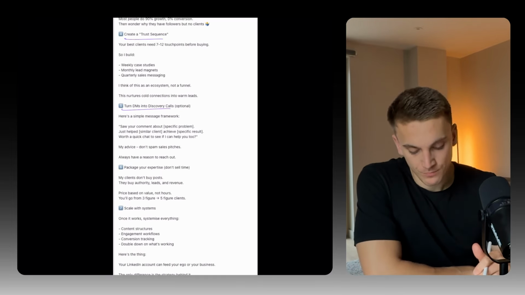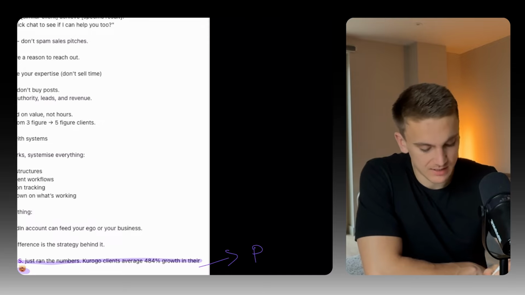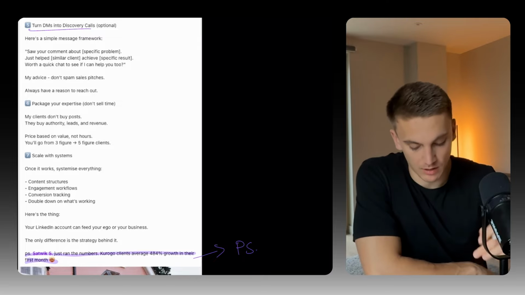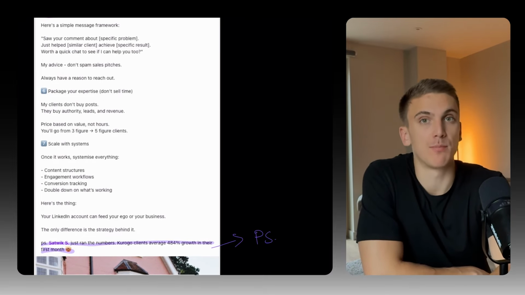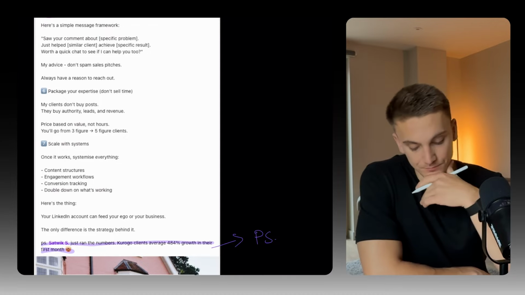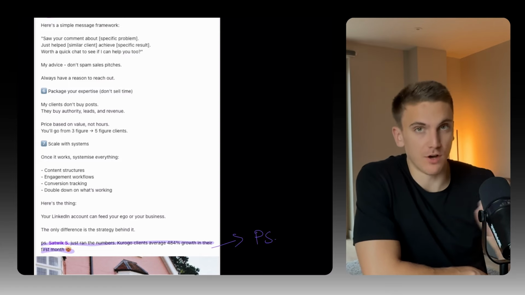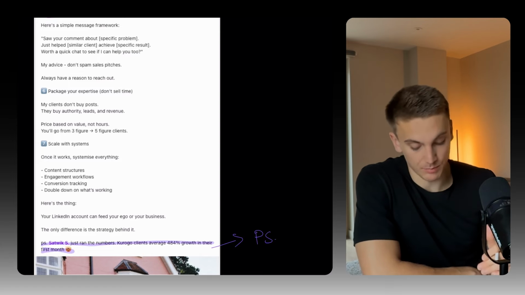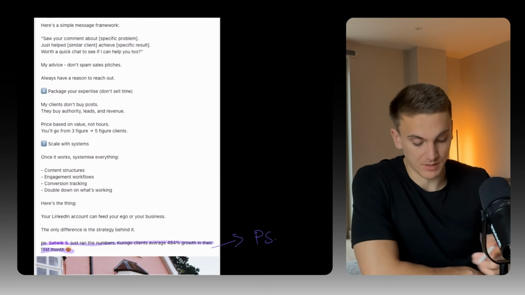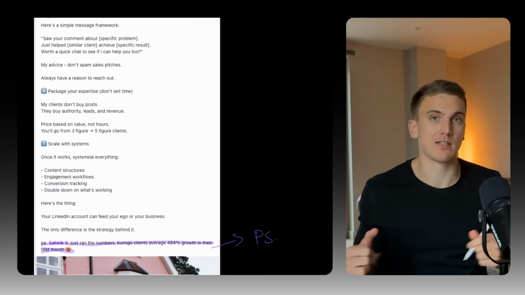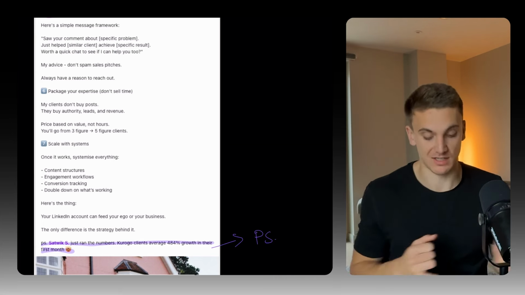As we scroll down to the bottom, there's another one here, which is leveraging the PS section. The PS section is a hugely underrated part of the post. Actually, in emails, PS sections are the most read part of the emails after the subject line. And it's similar in your post as well. You can include PS sections that are far more likely to get read than the rest of the post. And I've actually used this to further build on the authority that I'm signaling, but you could use your PS section to just leave a completely random comment about your personality that people will latch onto.